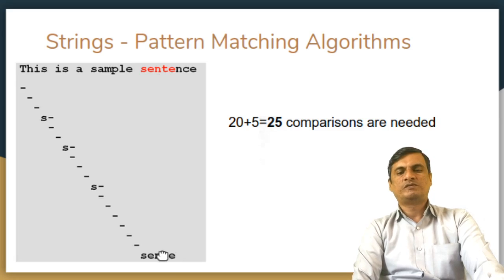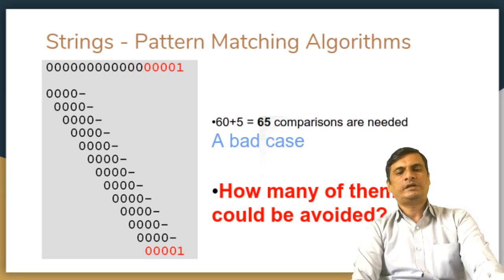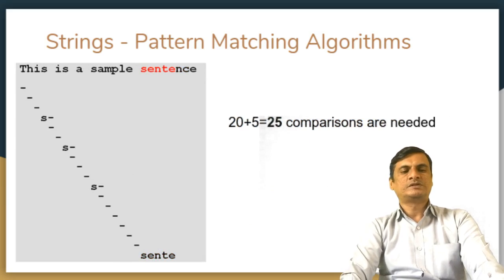Even though it is going to be found out like this, we are not matching. The moment we find that at the very first position or the second position the characters are not matching, we skip the rest of the comparisons. Thereby we reduce the number of comparisons as compared to this case. So there are plenty of algorithms. We discuss the